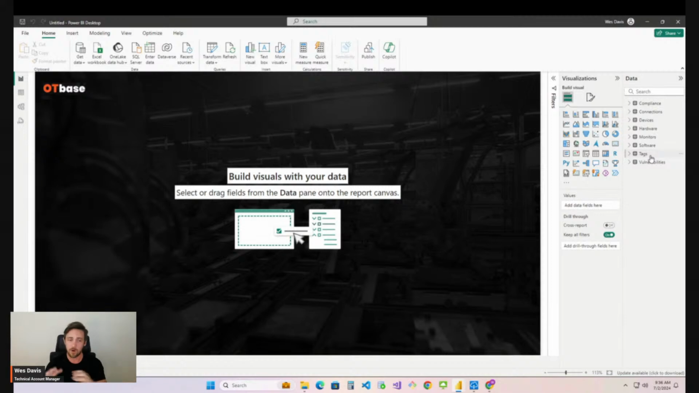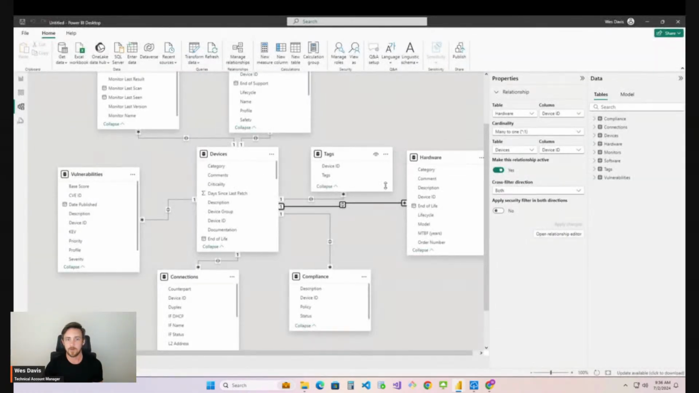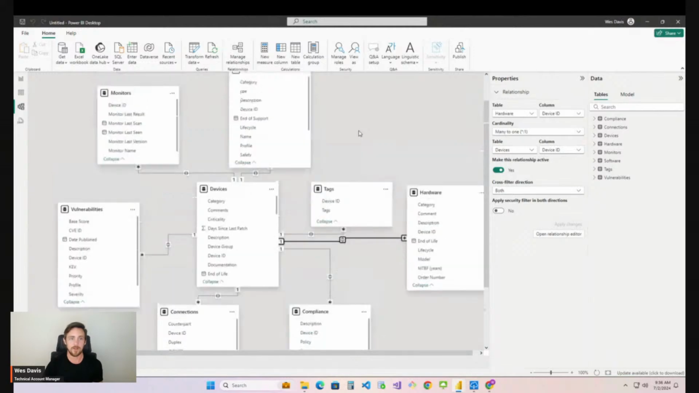And then as part of the devices data set, I broke out the tags and monitors, connections, and compliance into their own separate tables because it makes manipulating the data and building charts and everything with it a little bit easier than if we had it all nested into the same table. And you can also see that over here on our relationships, which Power BI does a great job of intuitively mapping the relationships between all of these tables, which gives us great ability to cross-slice and look at this data